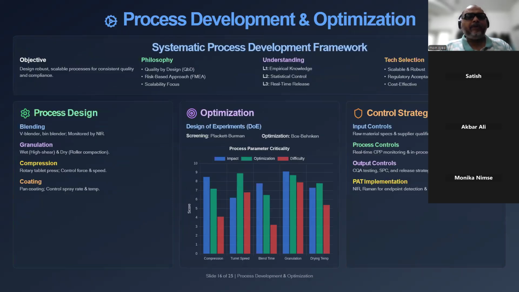So process development, process design, optimization, and control strategy, these also we will discuss. And then when we complete the QBD section, I plan to discuss design of experiments with proper examples, and then design of experiments we will